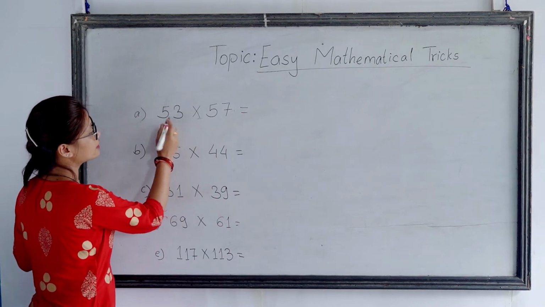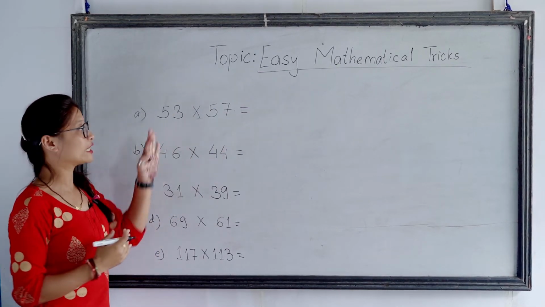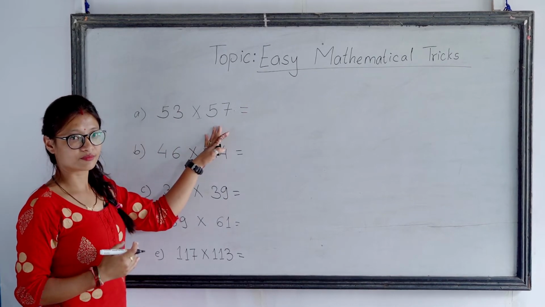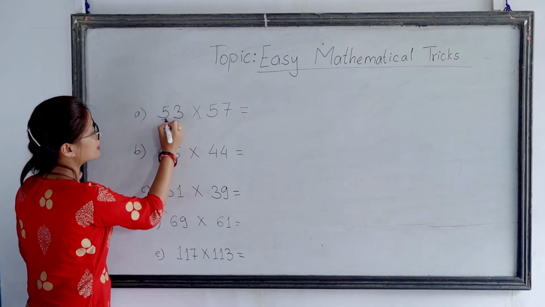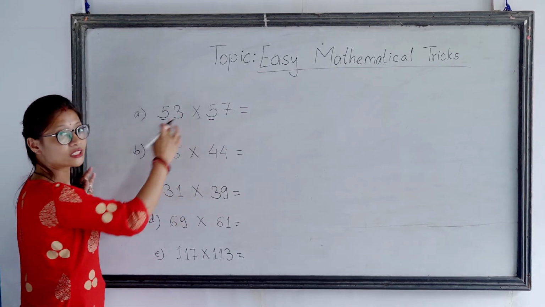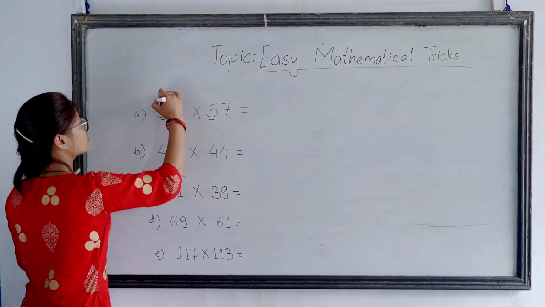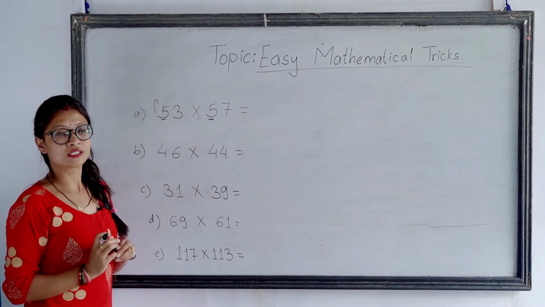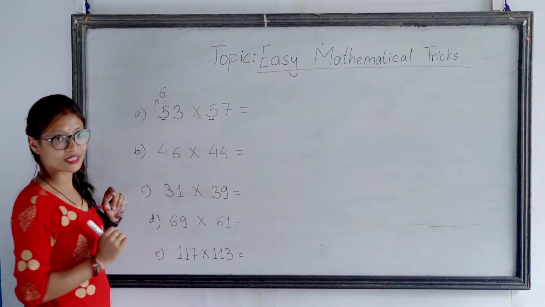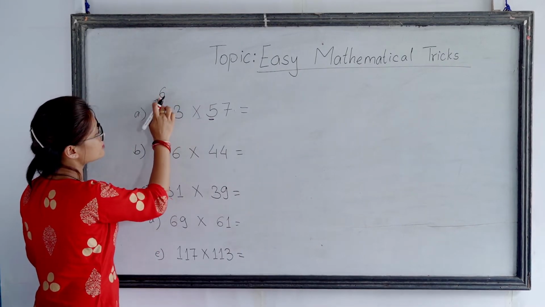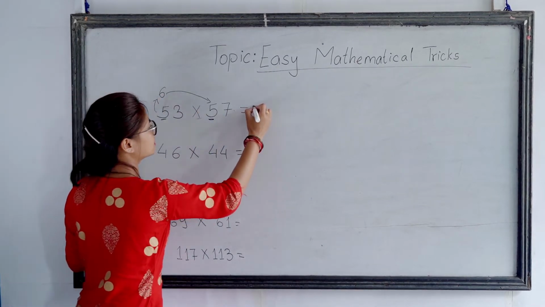Okay, here is 53 times 57. Now what is the answer if we multiply 53 and 57? Okay, if you don't know, then I have one trick here. So you can see here, first number, first digit 5. Just remember what digit comes after 5? 6, right? So let's multiply this 6 with 5. 6 5s will be 30.